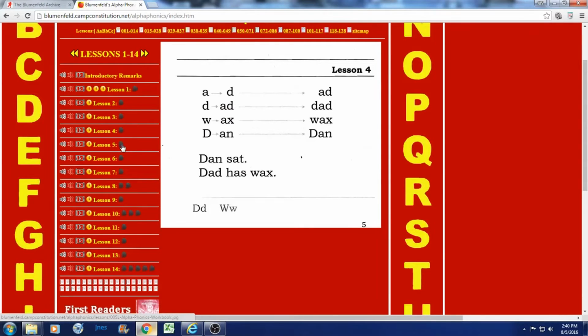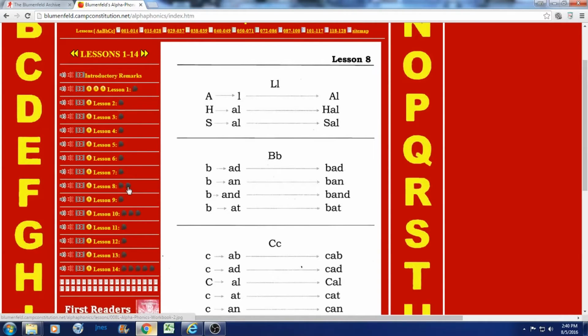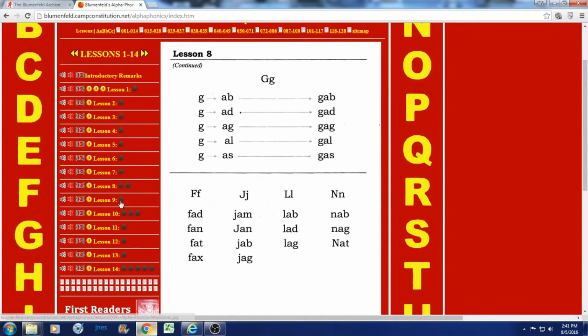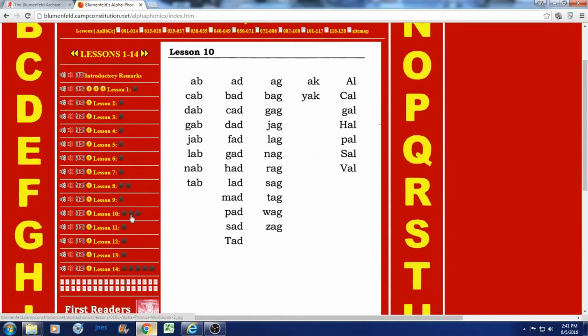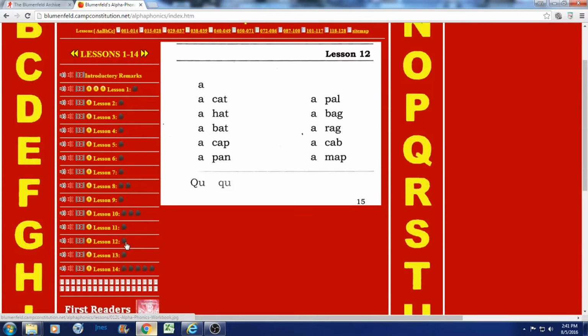And they'll move their way through. Ba-ba-bing, bada-boom. Lesson 7, lesson 8, 9, 10. Okay, all these are lower, these are all the short A sounds. Okay. Go through,